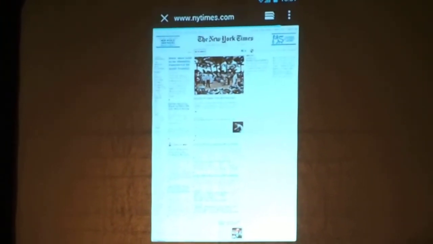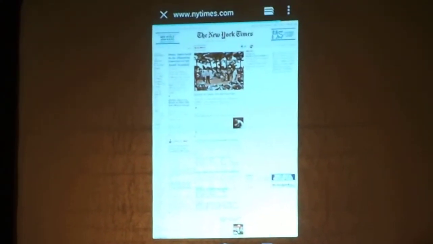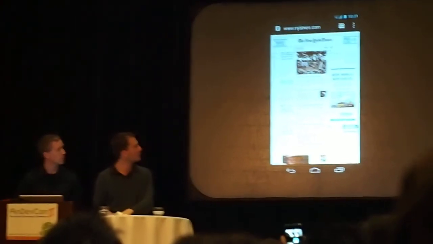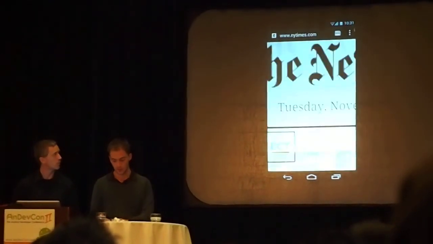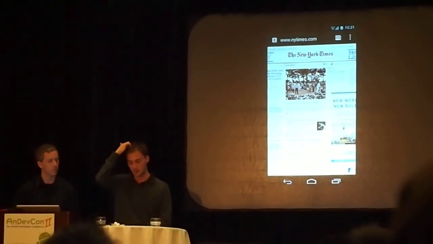There we go. So this is the New York Times, this is the full browser experience, and as you can see, your eyes are way better than mine. Okay, so it actually looks good on the device. This is rescaled on the screen. This is all hardware accelerated, so if I scroll, it's very smooth. We use a system of tiles. If you have used an Android tablet, you'll